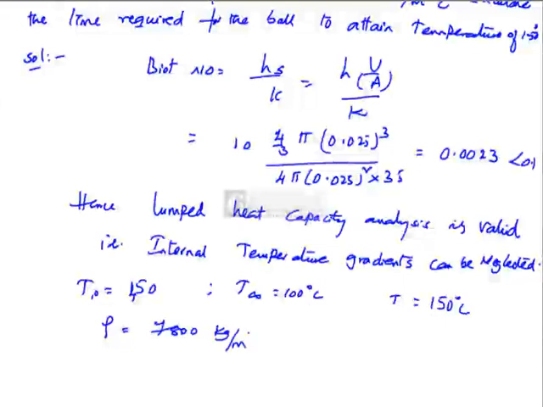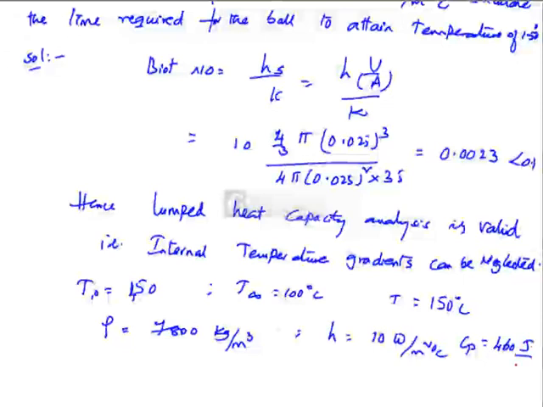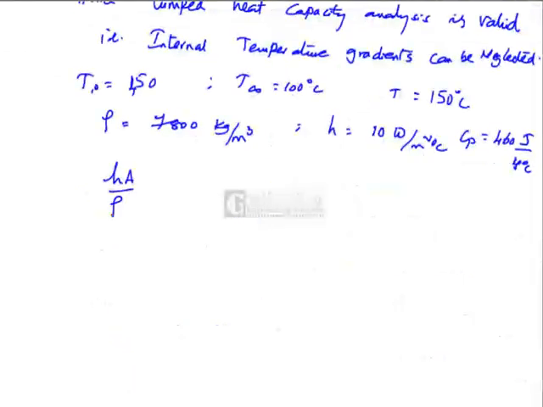This is the specific gravity of the density is 7.8. h is natural convection heat transfer coefficient 10 watts per meter square Celsius, and specific heat Cp is 460 joule per kg degree centigrade. Therefore, hA by rho V Cp we could calculate as